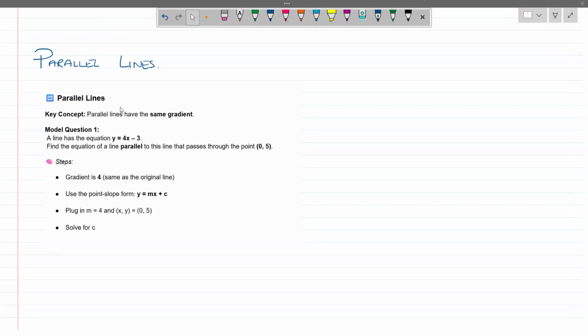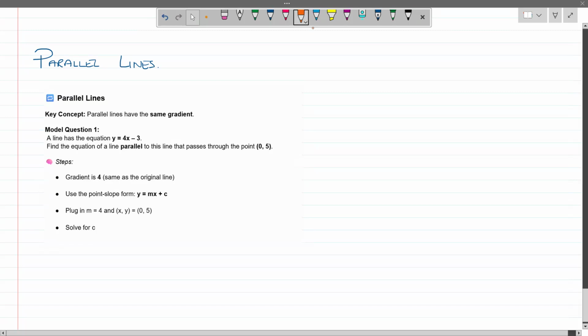Parallel lines: the key concept with parallel lines is that they have the same gradient. If two lines are parallel, then they're going to have the same gradient. Now, questions could be modeled differently. The first one, they could give you the equation of a line. The important thing is always ensure that the equation of a line is in the general form,